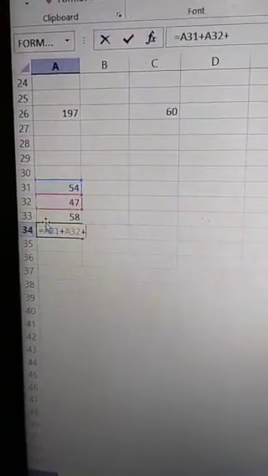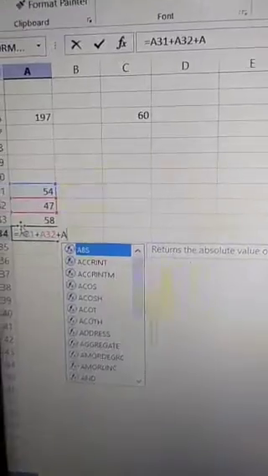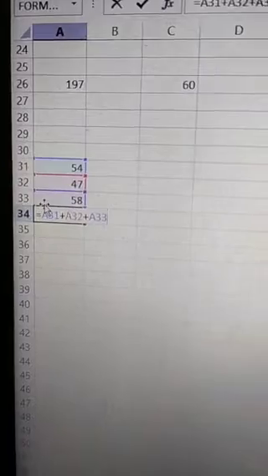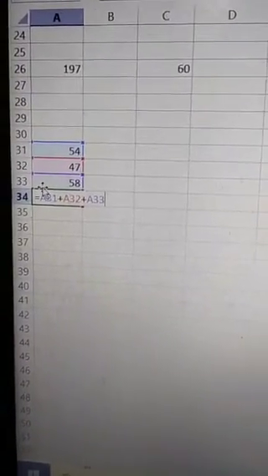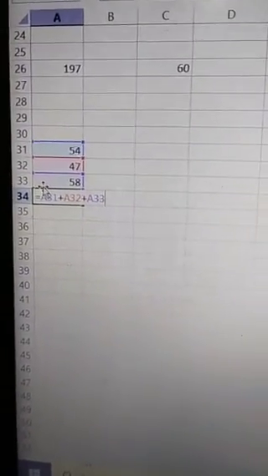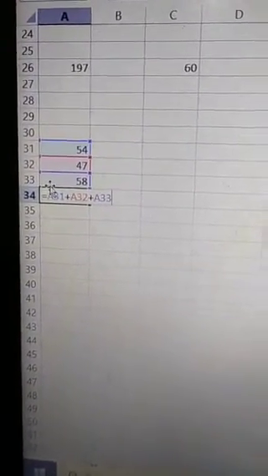Again a plus sign to add another number, A33. These marks indicate that you have used those cell references in your formula.